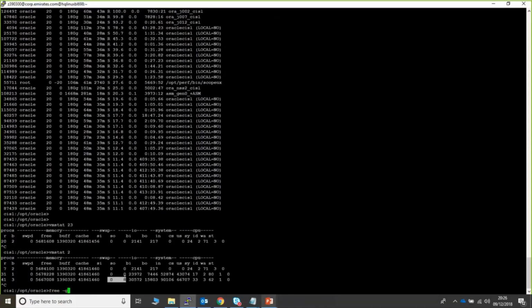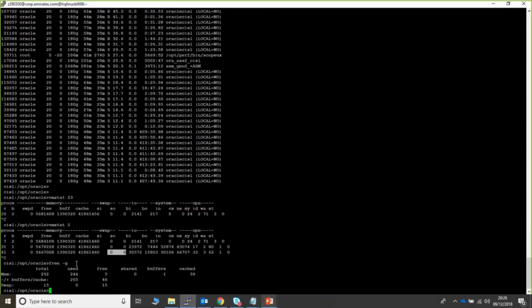Alternatively, you can also check the free command. Here 250 GB is the total RAM, and you should not see any non-zero value in the swap usage. Even 1 GB or 2 GB really hammers the performance of specific sessions. So ensure the swap is always 0, and that would give the right value.